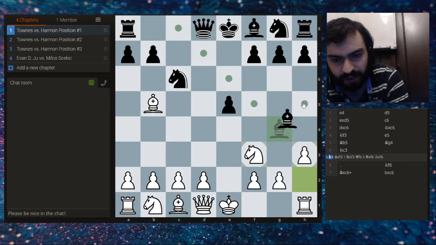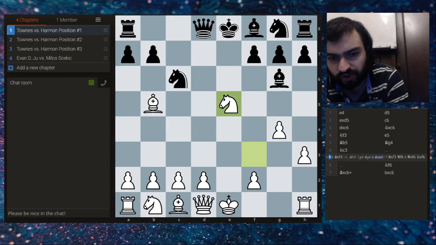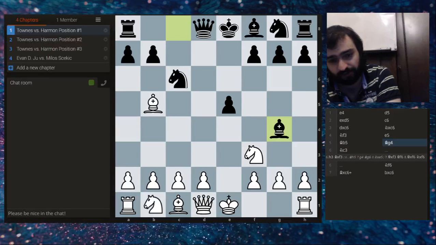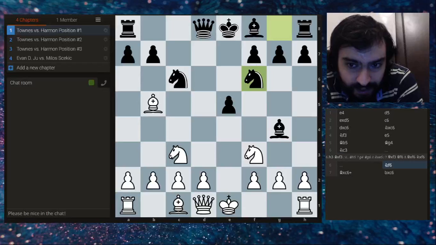And if the bishop goes back, of course, we go g4, bishop g6, and we take here. Let me turn on the engine, see what it gives. It gives plus 2.2, and apparently this has been analyzed before. I thought it would start computing it. Anyway,